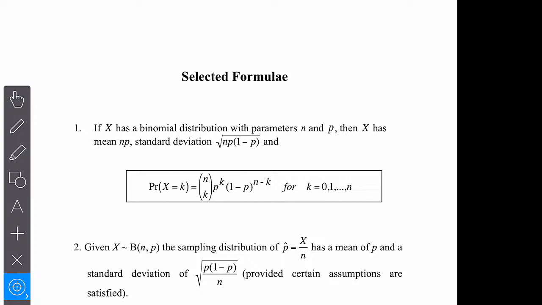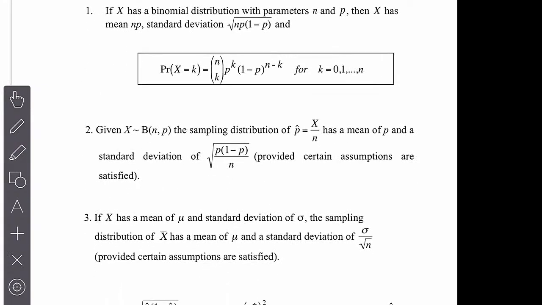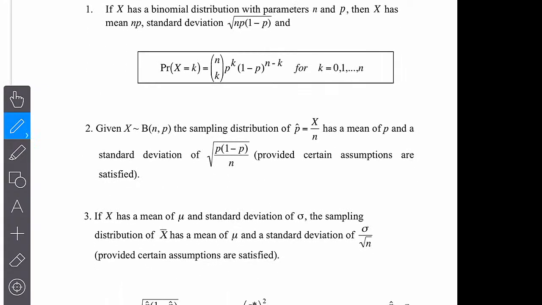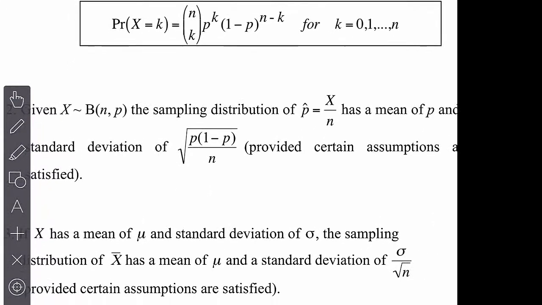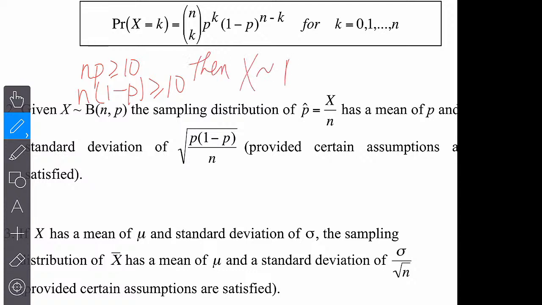It will be when n times p is greater than or equal to 10 and n times 1 minus p is greater than or equal to 10. If those are both satisfied, then we say X is approximately,